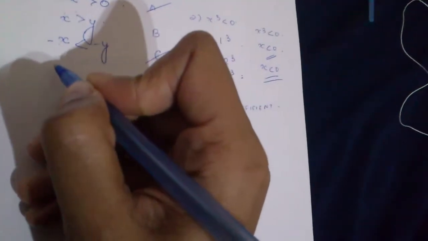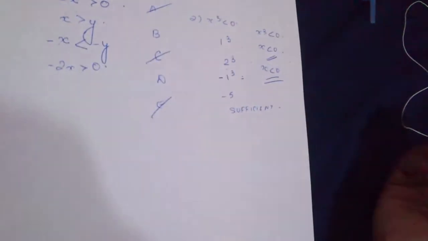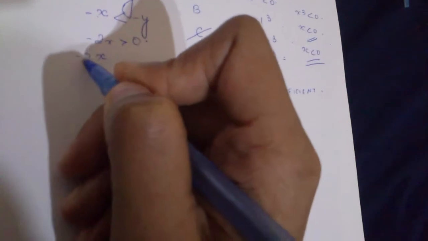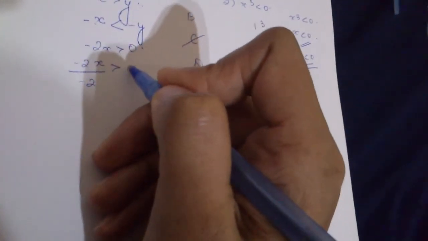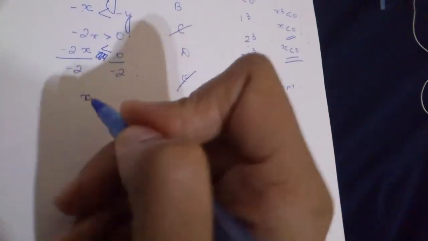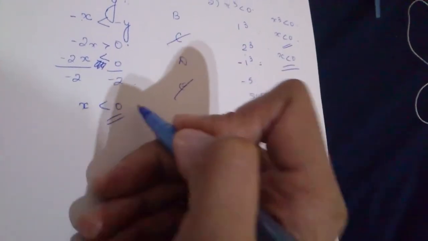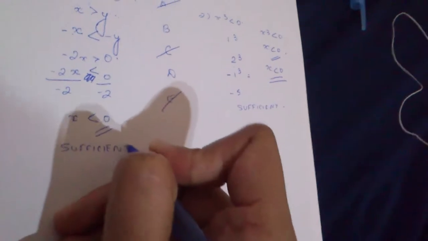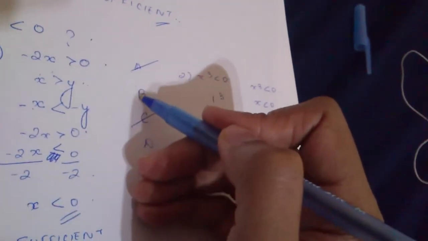Going by the same idea, minus 2x is greater than 0, but we need a relationship between x and 0. So let's divide both sides by minus 2. Minus 2x by minus 2 is greater than 0 by minus 2. Since I have divided by minus 2, the inequality reverses its sign, and it becomes x is less than 0 by minus 2, which is still 0. So x is less than 0. Now this is also sufficient. Option B states that statement 2 is the only sufficient statement and statement 1 is not sufficient in itself, so it must be wrong, and the right answer is